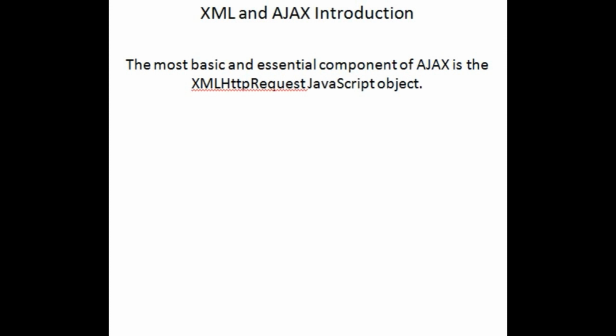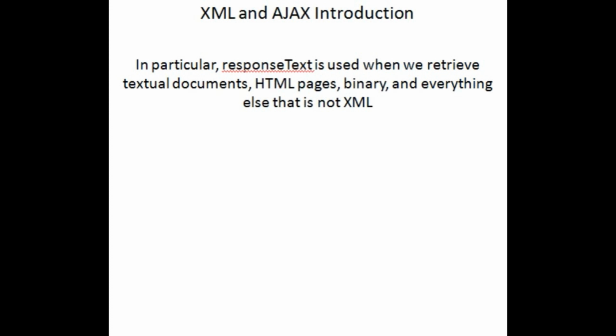version. Microsoft Internet Explorer, for example, requires the use of ActiveXObject to spawn similar objects to the standard XMLHttpRequest object. Other browsers may have different ways to do the exact same thing. In particular, responseText is used when we retrieve textual documents, HTML pages, binary, and everything else that is not